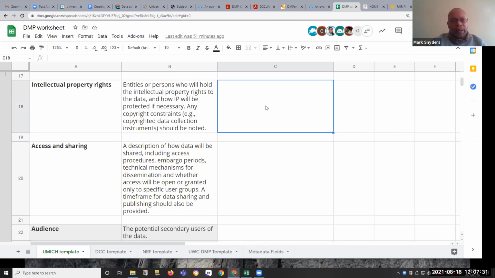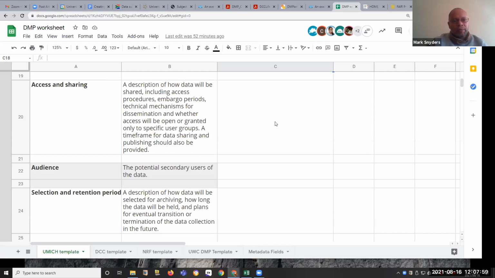When it comes to collecting research data for a research project, especially for students at UWC, please bear in mind that the university owns the data. We can get into a little bit of a discussion about that, but it is important to understand that as far as students are concerned, when you collect data for a research project, the university does own the data.